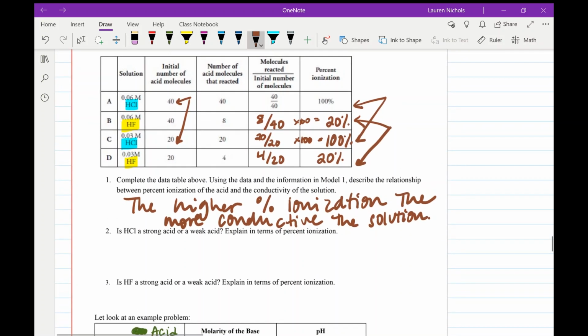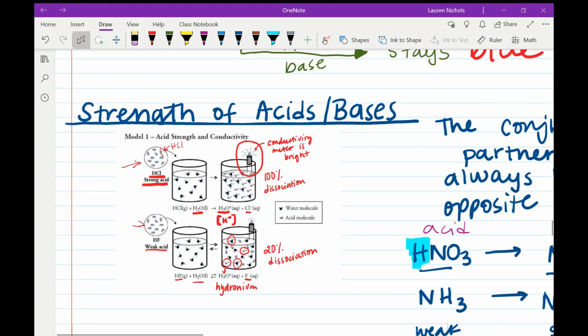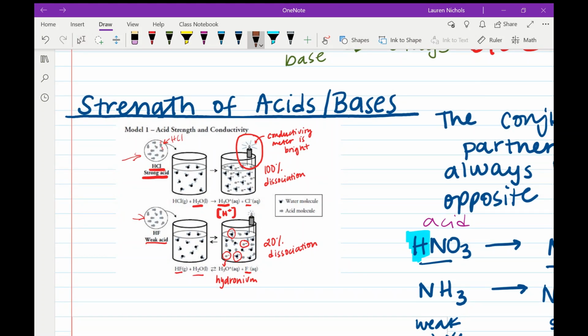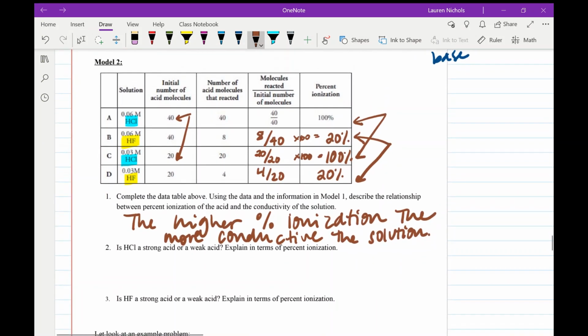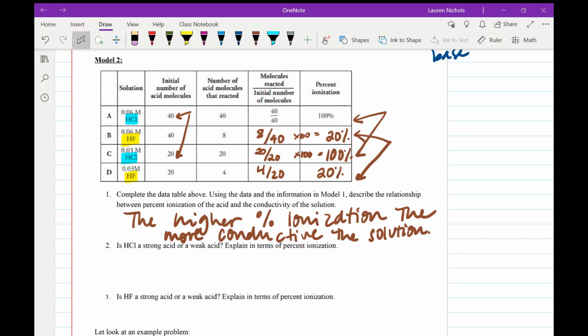And number 2 says, is HCl a strong acid or a weak acid? And we know that it's a strong acid. It labeled it here, and we can see its conductivity meter is bright, but we know it's a strong acid because it 100% dissociates. So remember, whenever you're answering a question with science, you want to have your claim, and then you want to have your evidence and your reasoning. So is HCl a strong or weak acid? Our claim would be HCl is a strong